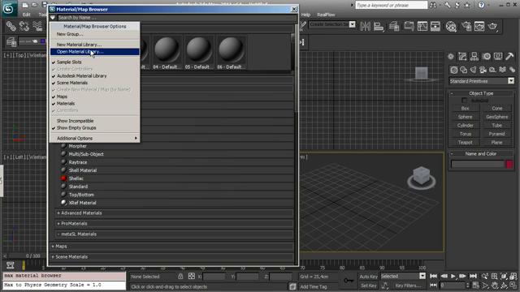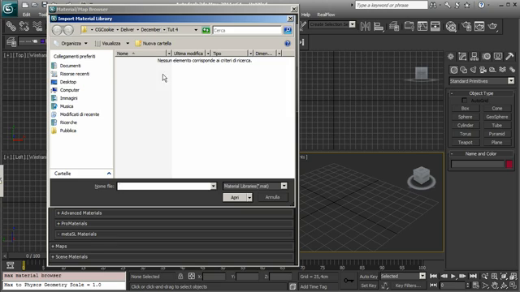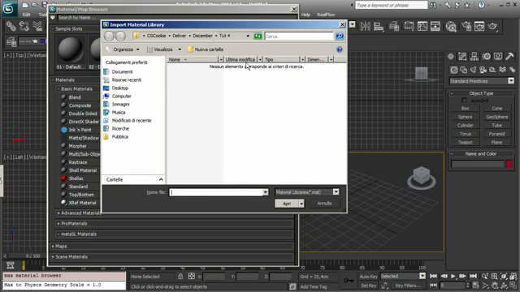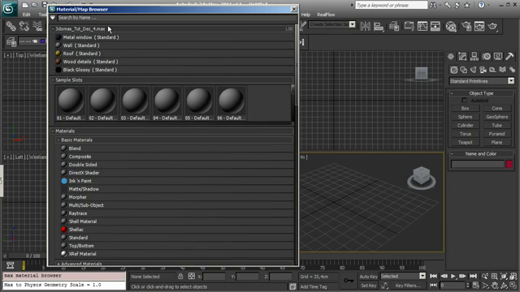So let's think, for example, that we have a material library. Let's open it using a scene, and we can go inside a folder where we have some 3ds Max scene. Inside the folder we can change the file types from MAT, and we can choose the max file. So let's open the last tutorial I prepared for cgcookie. We can say open, and you see that now we have